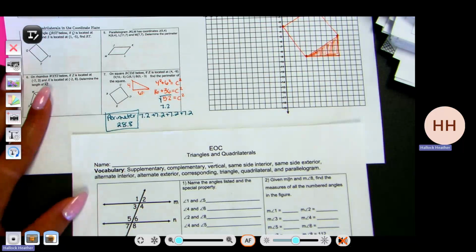Just an idea, just a concept. Let me know if you get stuck. Let me know if you need help. And if you're copying other people, you're only hurting yourself, because you can't pass the EOC that way. You're just going to cry to me and then blame me like you guys blame other people right now. Okay,